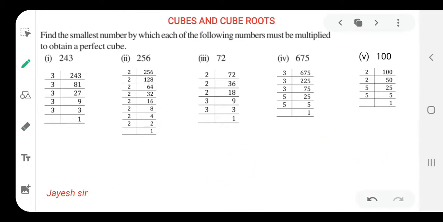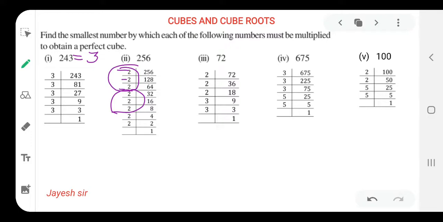So I am writing over here that it should be multiplied with 3. If it would be twice, then I would write in a different manner. So let us start pairing 1, 2, 3. That means one group could be formed like this. Similarly, the other group of 3 would be like this. Yes, two groups are found.